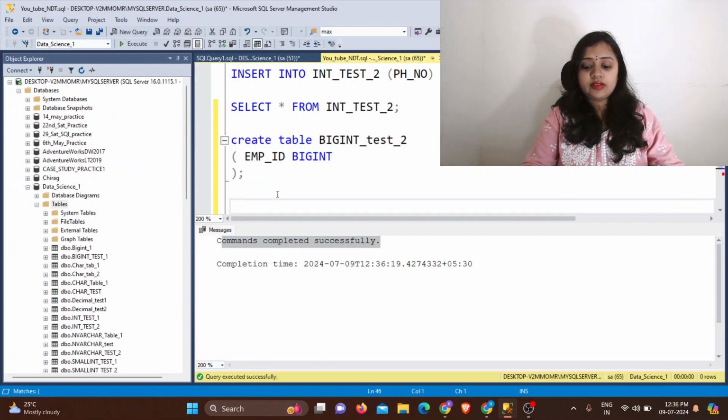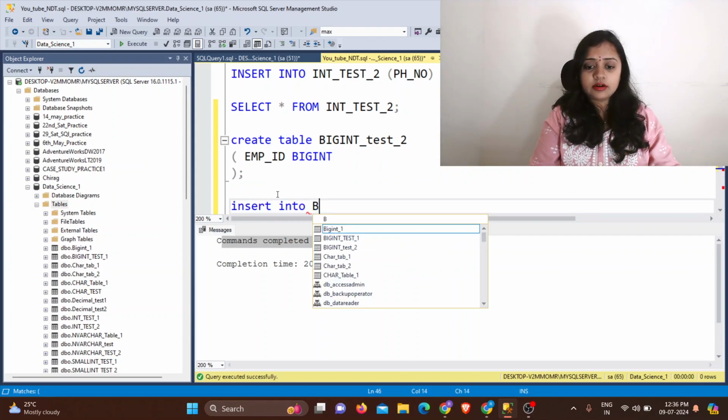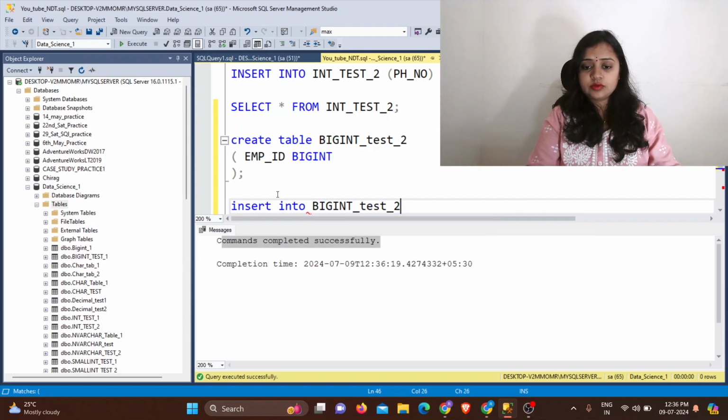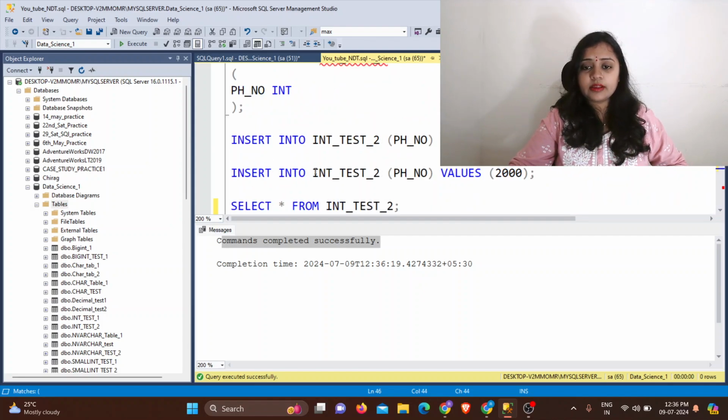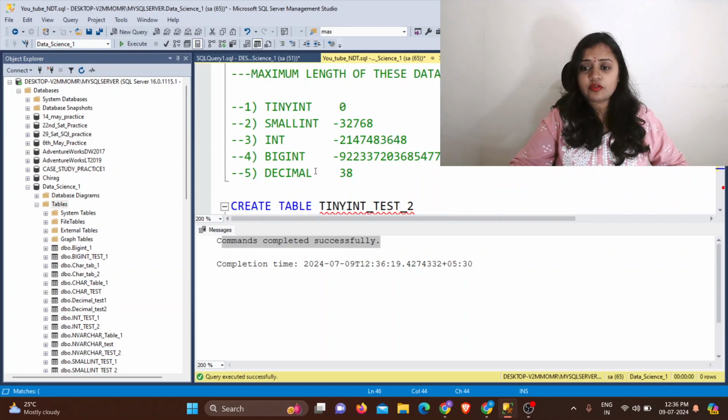Now we will try to insert a value. Insert into the table name big_int_test_2, the column name is employee id, and values. Here we are given the maximum range.